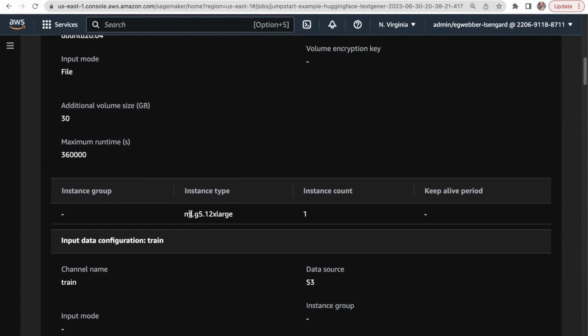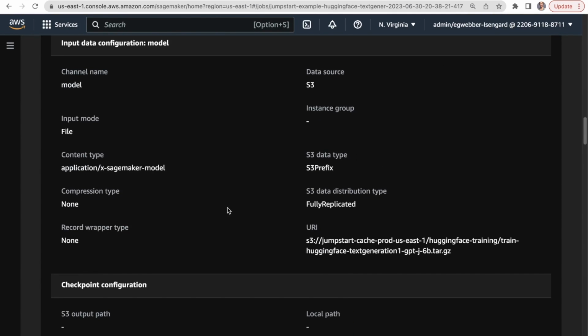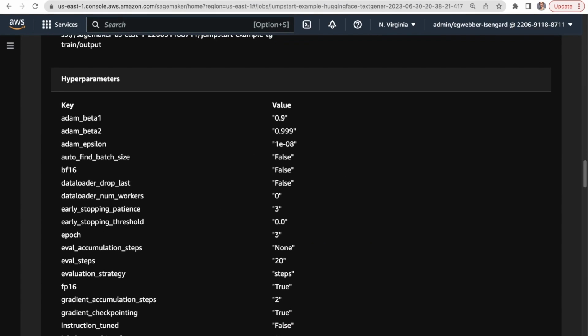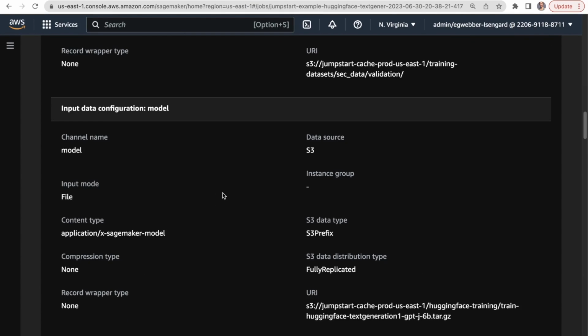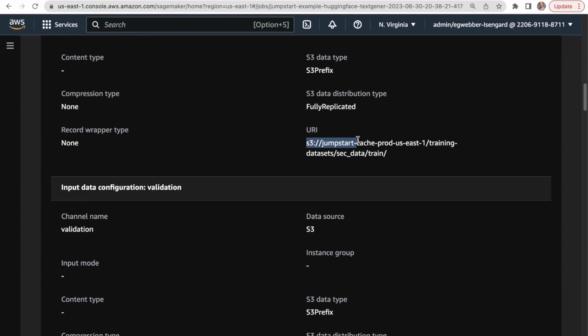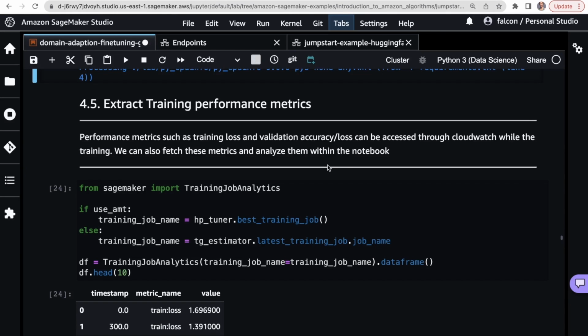This was really just one job. So this was an hour for this one G5.12 to churn through our data set. Let's see where the data is, actually. Okay, also in the JumpStart bucket. Interesting.